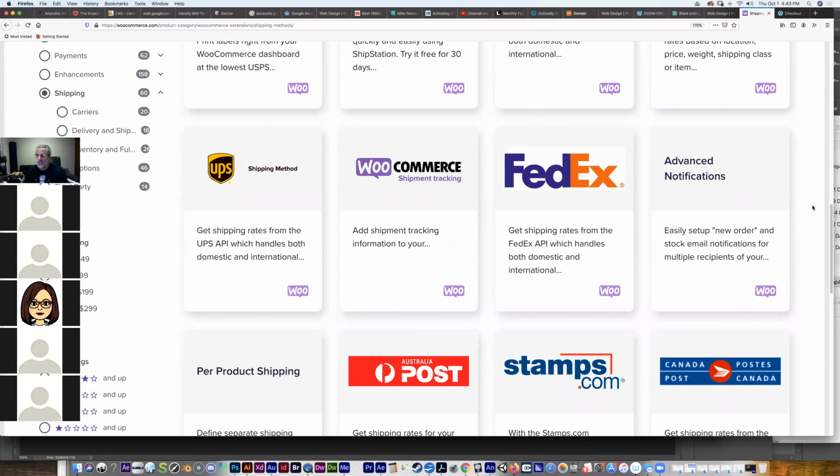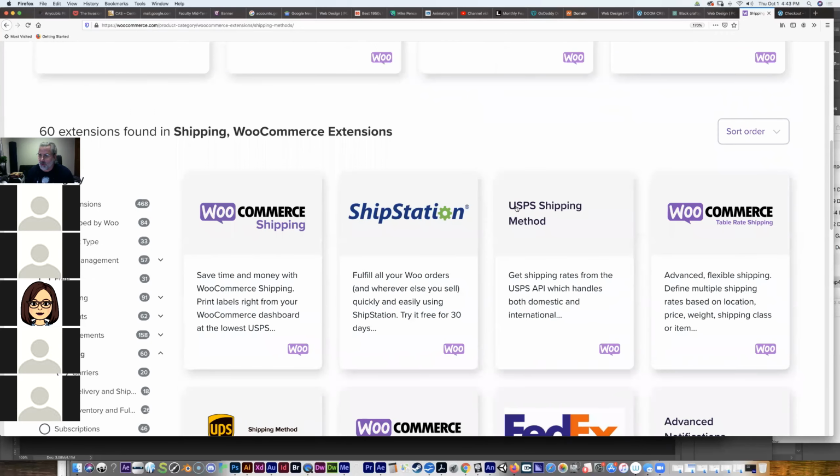Now, the advantage of something like this, if you have a client who you're building an e-commerce store for, if you use something like FedEx or United States Postal Service shipping, the software itself will actually go out to the USPS website, and it will take the weight of whatever you're going to ship, and plug it into their website. It will calculate the exact cost of the shipping and bring it back